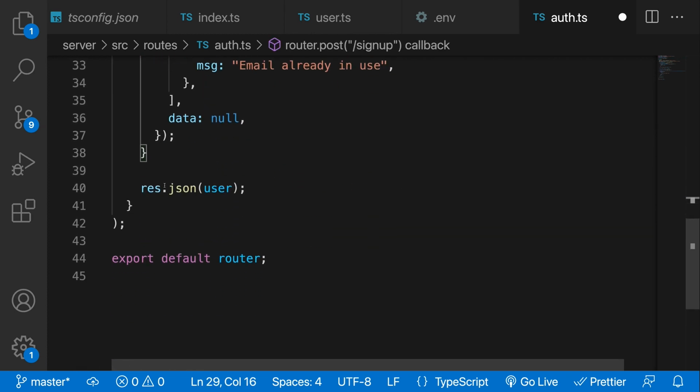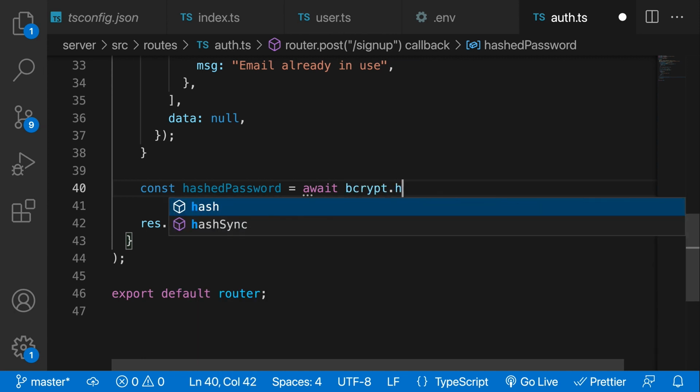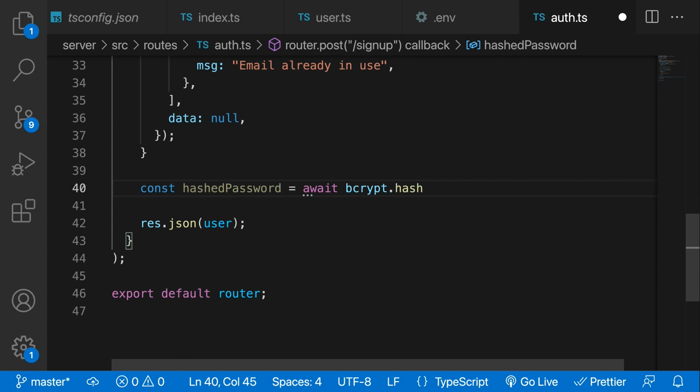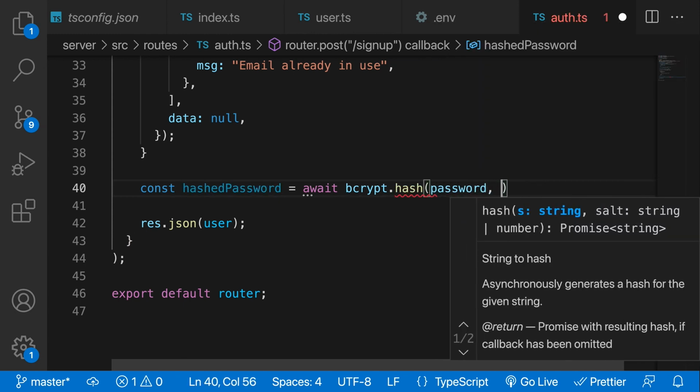After we're done with the validation step, what we want to do is hash the password. So we can say something like const hashedPassword, and we can say that that is equal to await, because this is going to be asynchronous. Dealing with bcrypt is asynchronous. We can say bcrypt.hash, and then we can provide it with the password itself. And then we can also provide it with